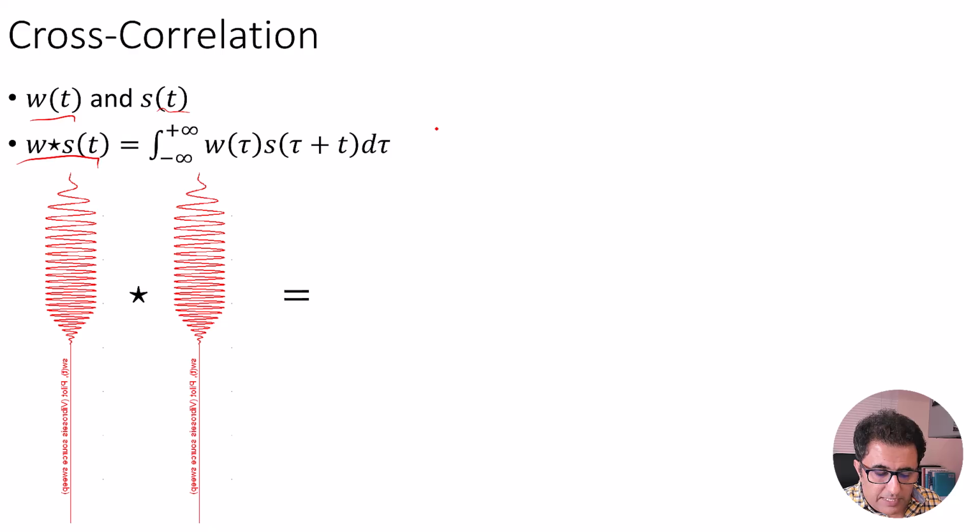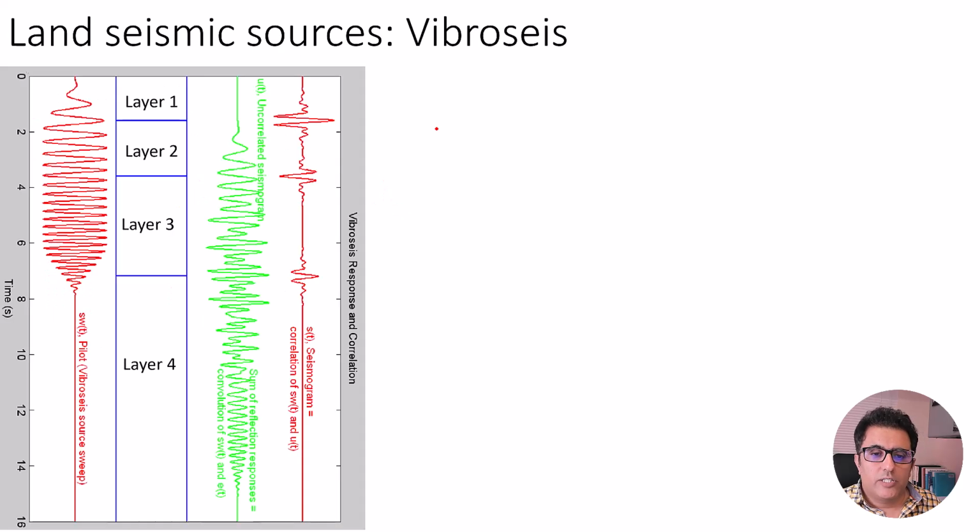Assume that here is a pulse that's produced by the Vibroseis, and if we cross correlate it with itself, then we're going to end up with a localized wavelet. This wavelet is very similar to what is produced by a dynamite. In other words, assume that we have our Vibroseis record, and then what we need to do is cross correlate